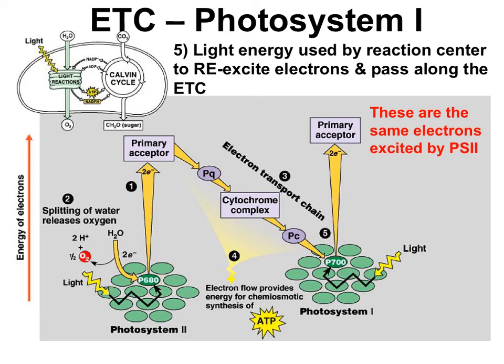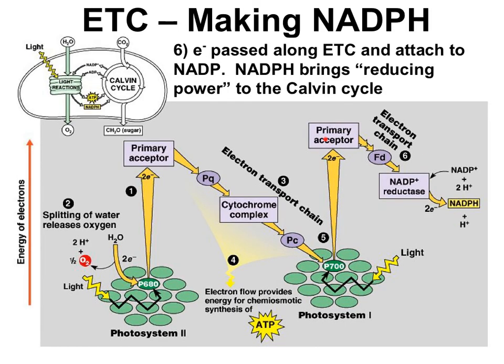The big difference here between Photosystem I and Photosystem II is that Photosystem I doesn't split water again. Photosystem I just re-energizes the same electrons. While the electrons are still high in energy, the electrons are passed along the next couple of electron transporters until the final carrier,